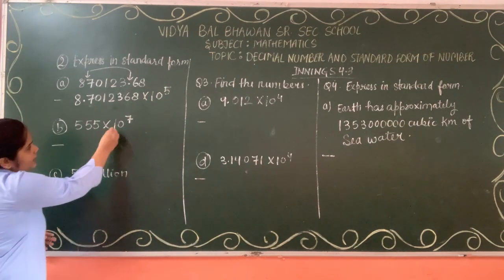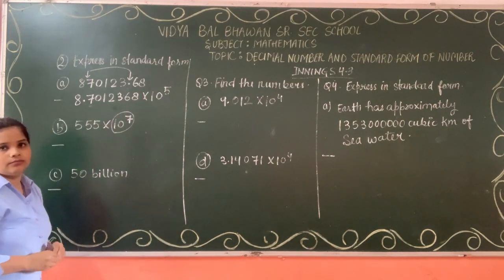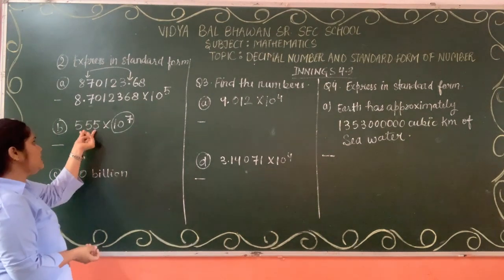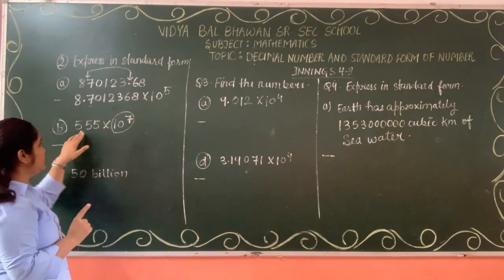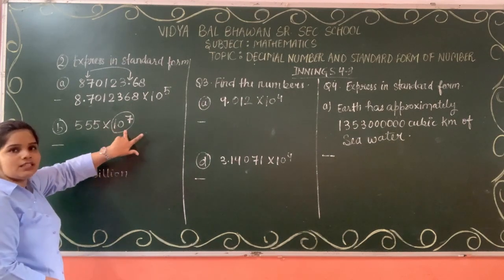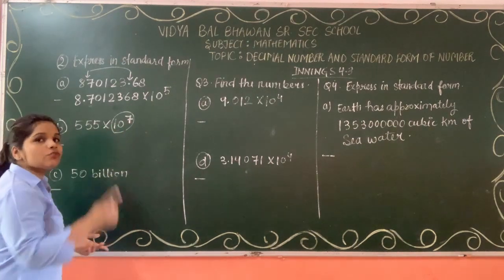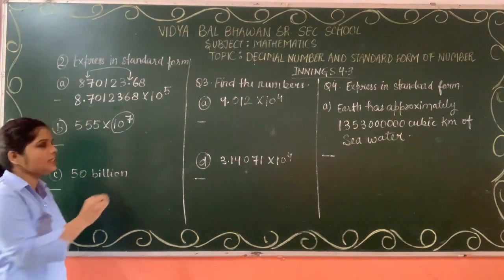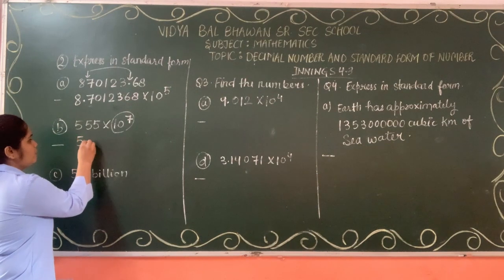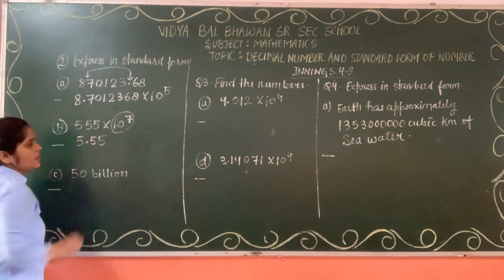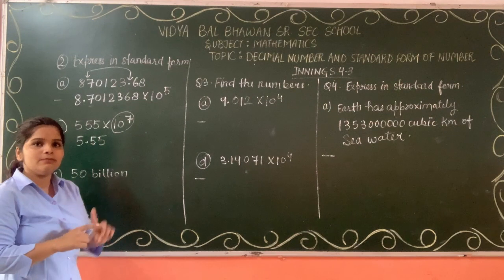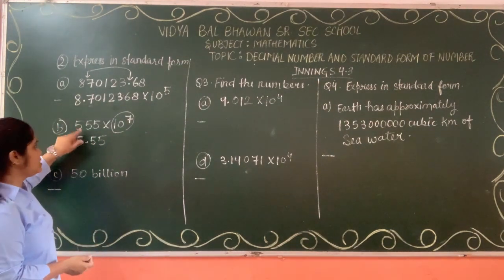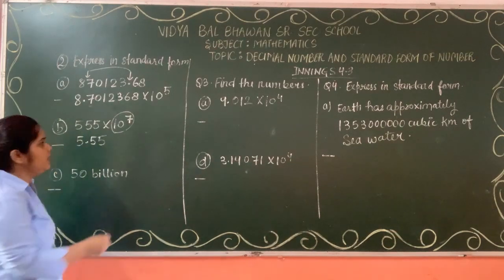It is already written with the power of 10 right now. But what do we need to do? You can see there is one thing missing, the decimal. Power of 10 is here, but the decimal is missing. So we need to place the decimal. When we place the decimal just after the first digit, it will be 5.55. We know that we need to place the decimal after the first digit. So we have placed the decimal here after the first digit from the left side, 5.55.